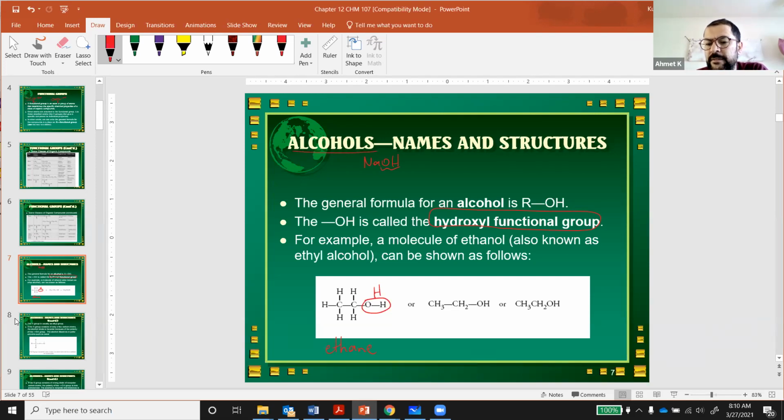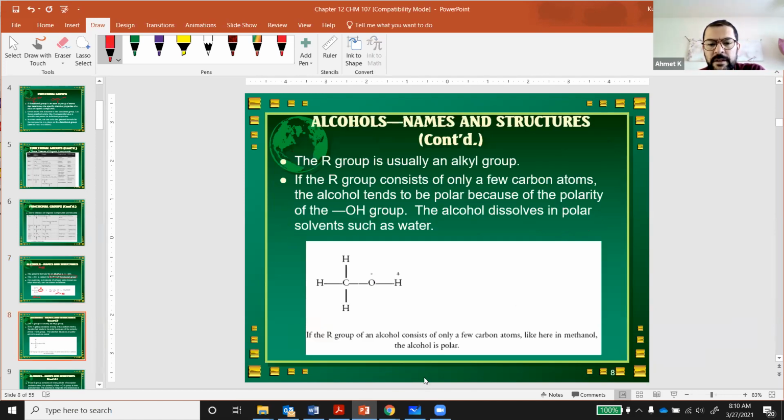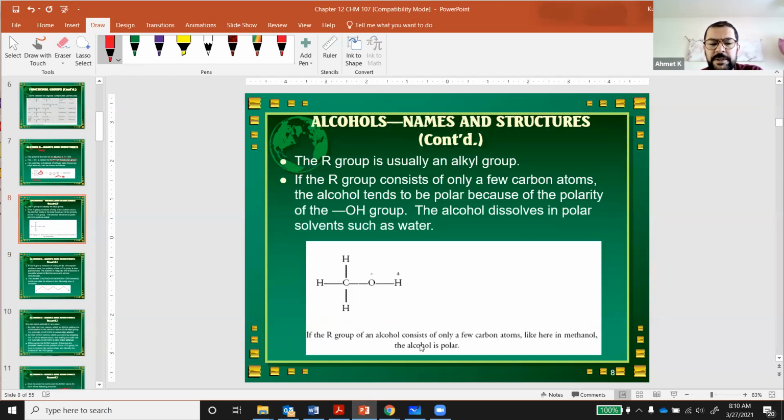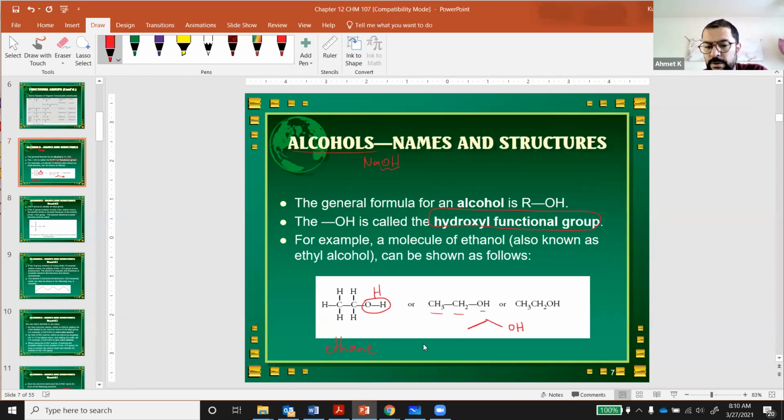As an example, you can write this in condensed form as CH3CH2OH, or you can write it like that. This is also ethanol, right? This is a line structure that we learned, with 2 carbons. Okay, and as you can see, there's going to be a slight difference between ethane and ethanol, because now you have 2 different elements here, one of them is carbon and one of them is oxygen. If you don't have the oxygen, it will be just carbon and carbon,